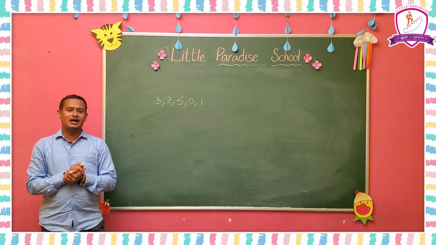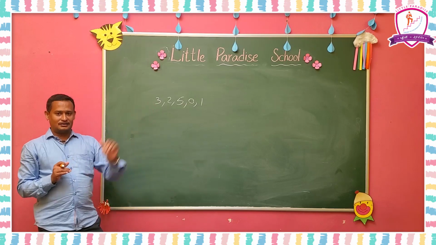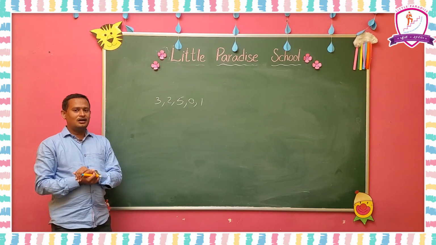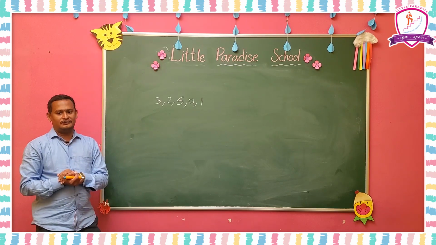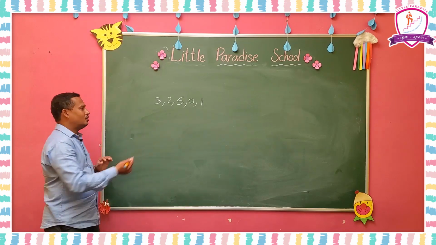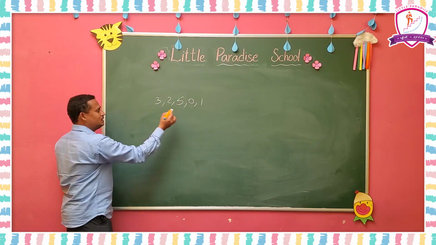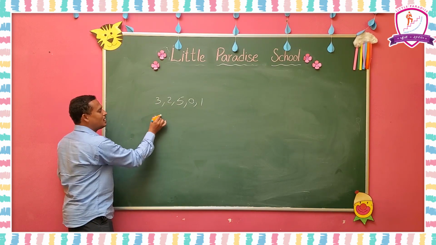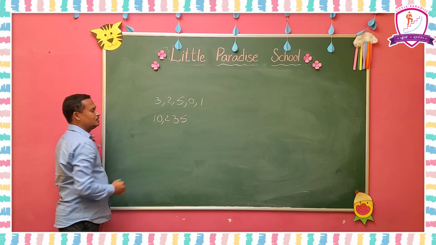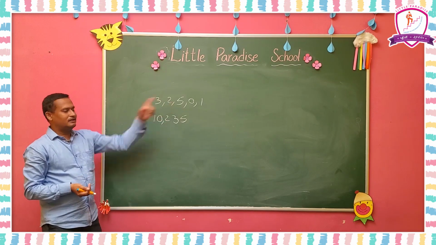To compose the smallest 5-digit number, you have to arrange these given numbers in ascending order. When you write these numbers in ascending order, 0 should not be first. 0 should not be first. Okay. So except 0, what is the smallest one here? 1 is the smallest one. Immediately you put 0 here, and next 2, 3 and 5. So this is the smallest 5-digit number using the given digits.